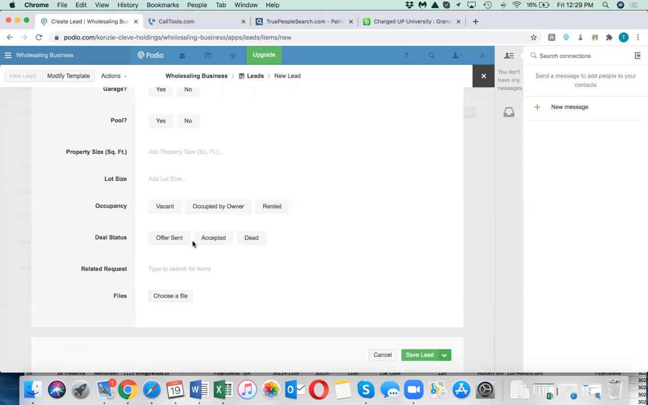Then you have the deal status, right? No, did I send an offer? Was it accepted? Is this a dead lead? So the cool thing after this is that when you save this, you're able to add in comments. My VA, she enters in comments for every call to give us kind of like a description of the call and the